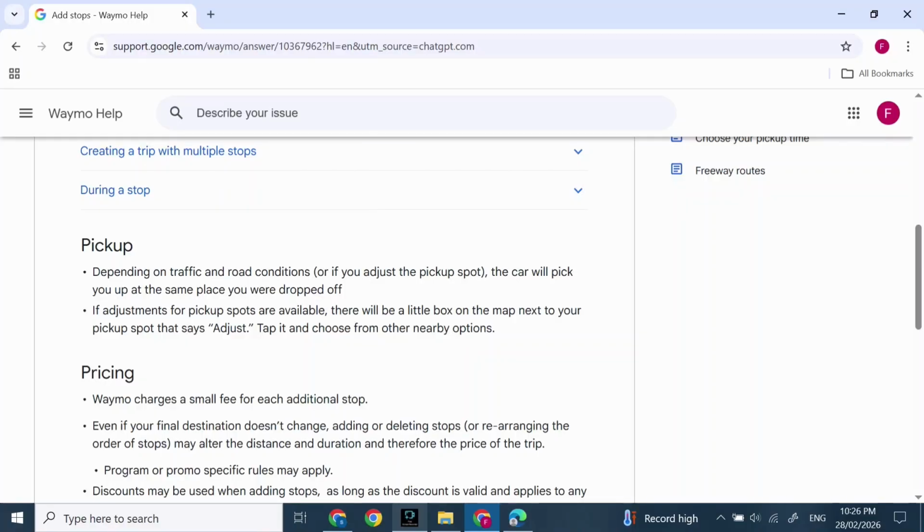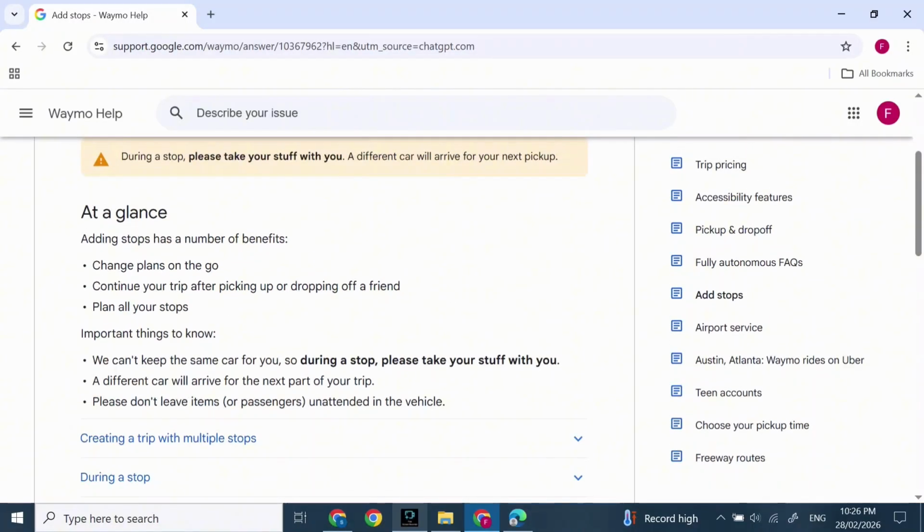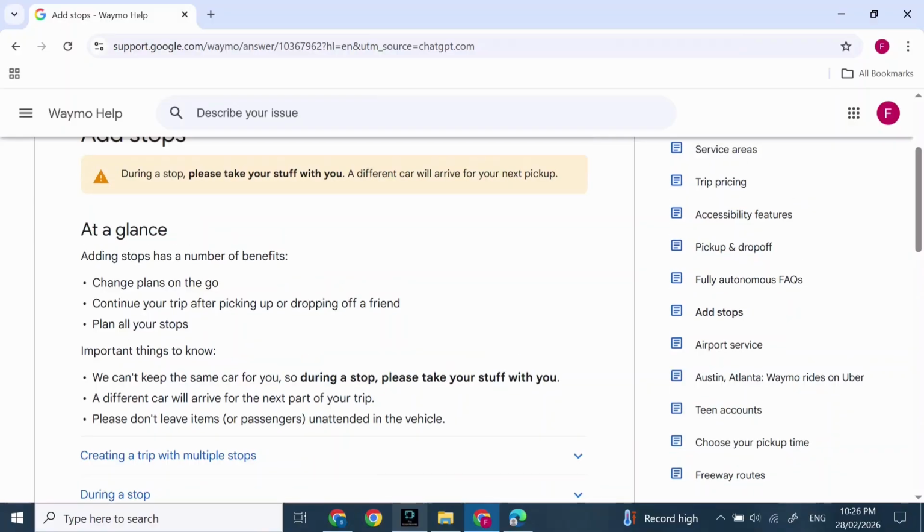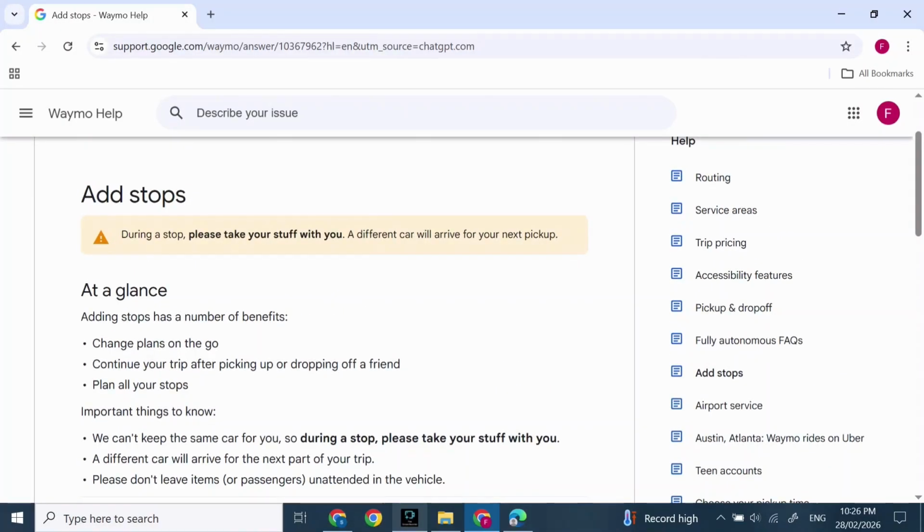First, open Waymo on your device. As it's written in the article of Waymo, adding stops has a number of benefits. Change plans on the go, continue your trip after picking up or dropping off a friend, or plan all your